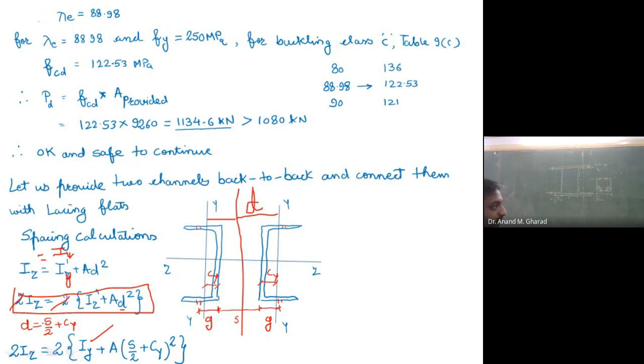So यहाँ पे देखो मैंने क्या लिखा है, D is nothing but S by 2 plus CY. Is it okay? बराबर है ना? ये वाला जो डिस्टेंस है यहाँ से यहाँ तक, इसका हाफ S by 2 plus CY. Got it? ठीक है. So you can substitute that particular value over here for the D. ठीक? Then